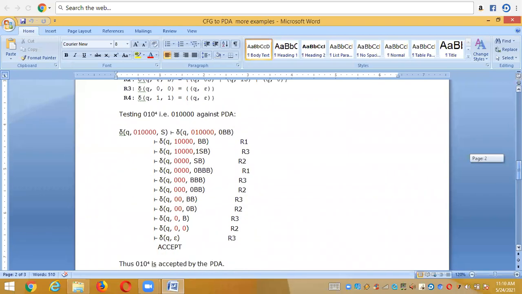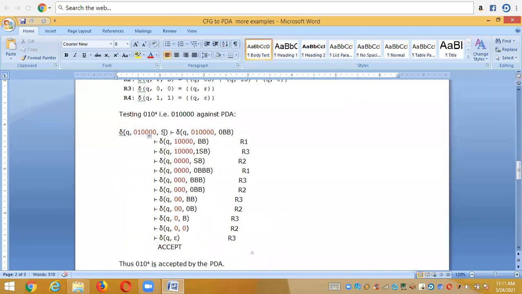So I'm taking an input string like this. Q, my input string is 0 1 0^4, right? And the starting symbol is S, right? So S. Now this is an instantaneous descriptor. You need to put the symbol like this, put the sign like this, and with this sign you need to show the acceptance. Delta of, now I am reading 0,